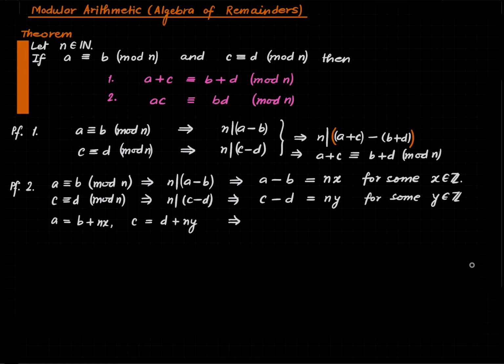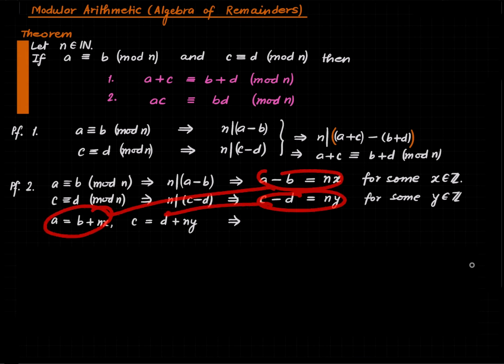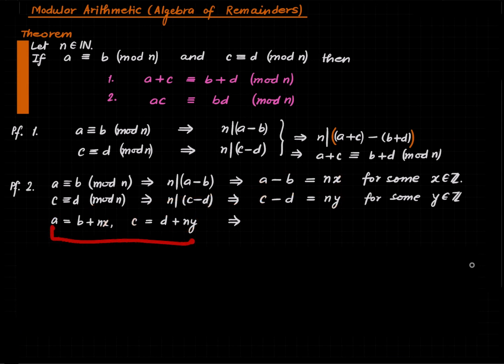So all I'm doing is that this gives that and this gives that. So now I'll just multiply these equations. These are honest to God equations in integers, and we can just multiply them. So the left side is ac, the right side is b plus nx times d plus ny,